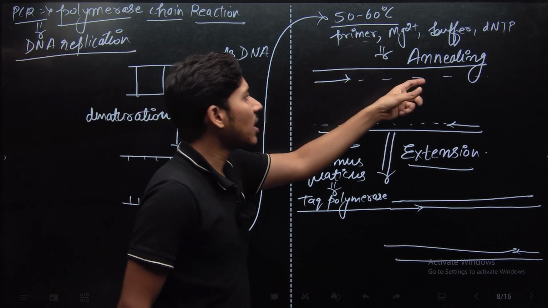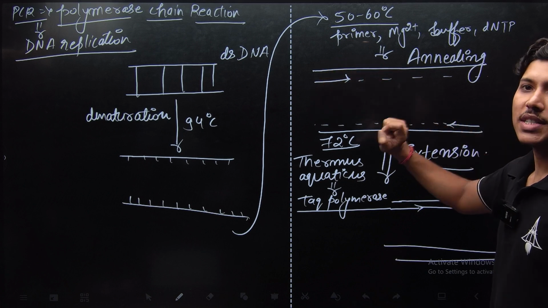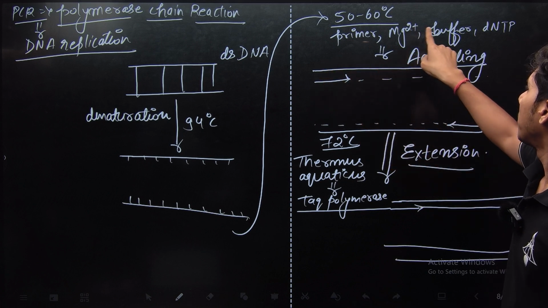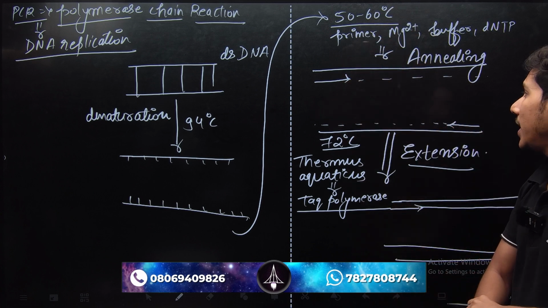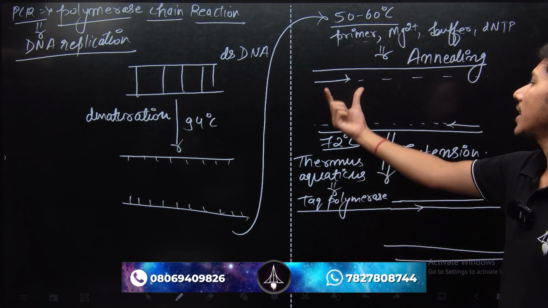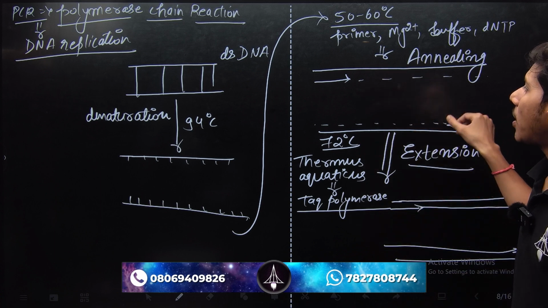Now, in the next step known as annealing, primers are added. Primers and specific buffers, dNTPs and magnesium divalent ions are given to the medium, so that primers are able to bind to the single strands. Okay, and once they are bound to the single strand,